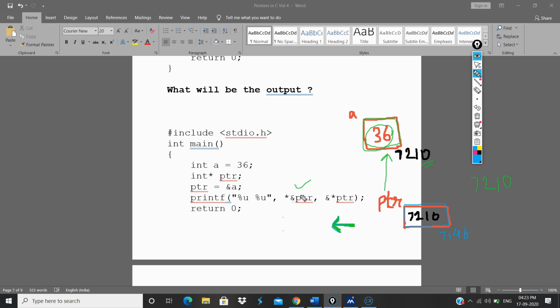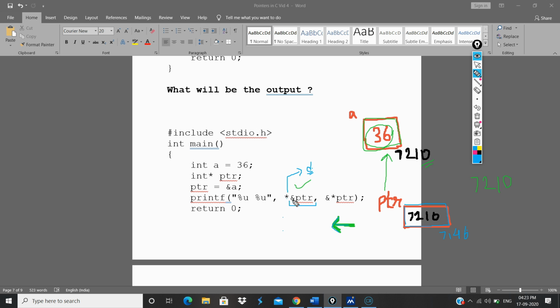Now this is again a dereference operator, which means whatever comes after this star should be an address. Then only will it make sense. I have explained value at address of very clearly in my previous videos. If you haven't watched them, please do watch.